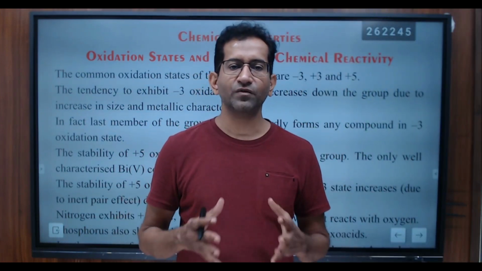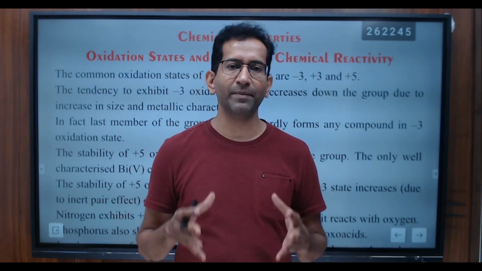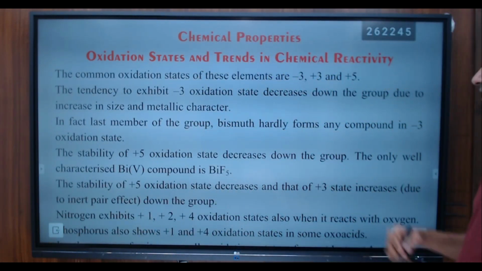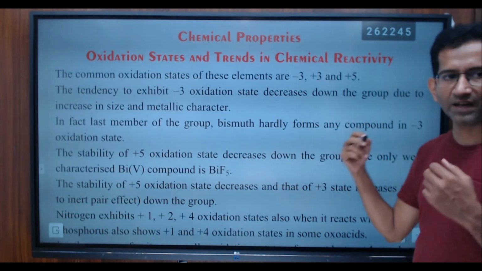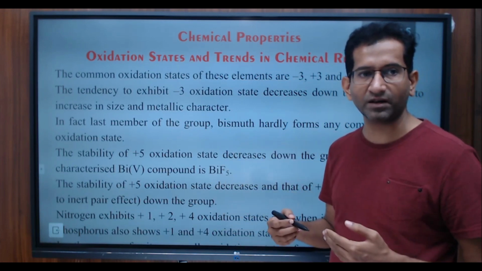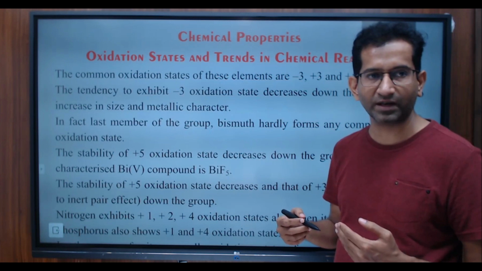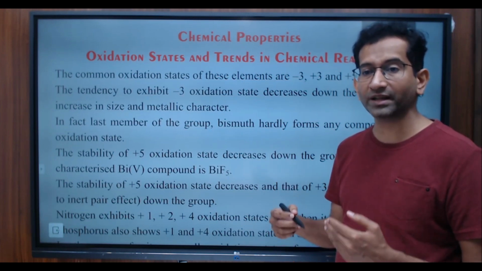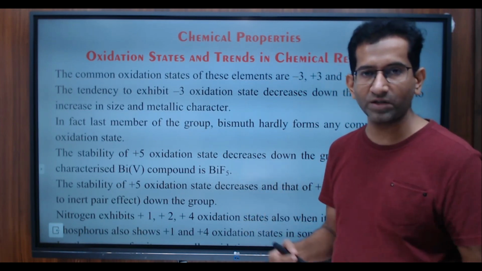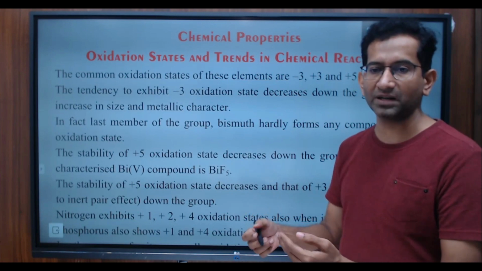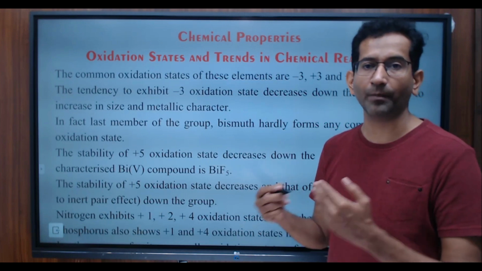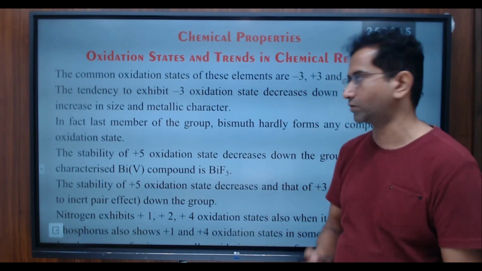Chemical properties. In this, first we will take oxidation state and chemical trends towards reactivity. The common oxidation state of these elements is -3. If they attain the nearest inert gas configuration, they will take 3 electrons from an external source and become -3 oxidation state. If they use only the electrons present in p orbitals in covalent bond formation, they form +3 oxidation state, and along with p orbitals, if they also use the 2 electrons present in s orbital, they form compounds with +5 oxidation state also.